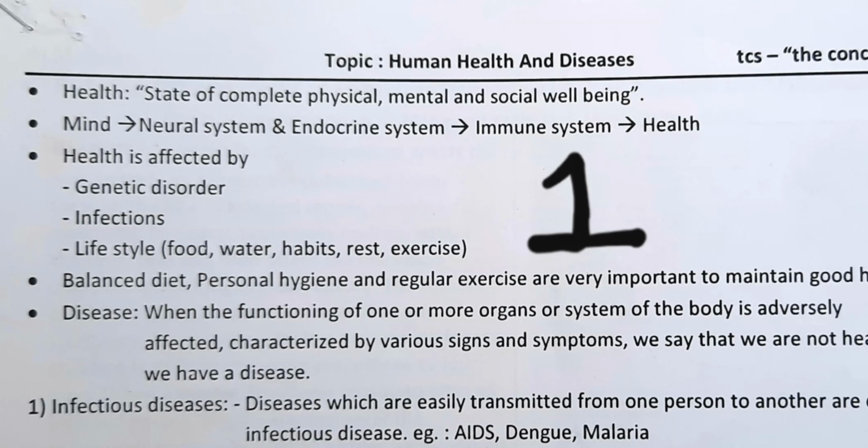Then your lifestyle, as I said, a proper lifestyle can give you better health, an improper lifestyle can give you worse health. The food that you take in, the amount, the quality, the type of food that you consume has a lot of impact on your health. The water that you are consuming: in many countries, a larger part of the population is not getting pure potable water, drink water which you can drink. So that can be one.